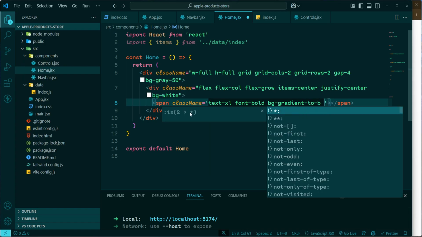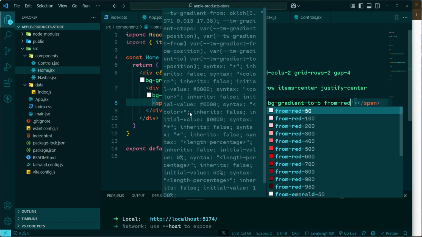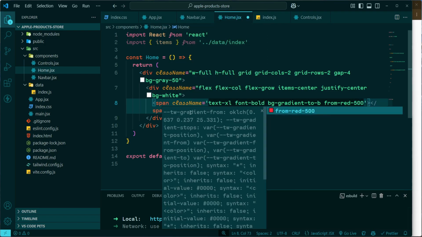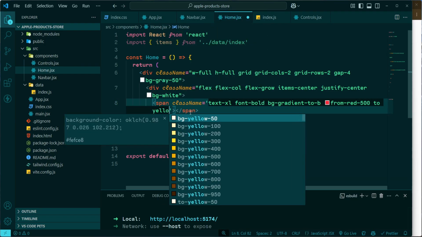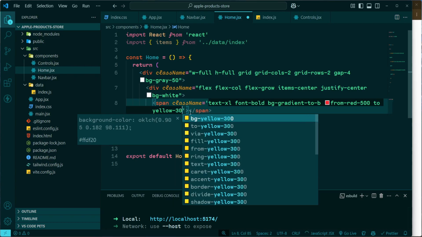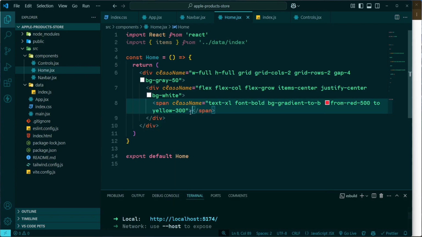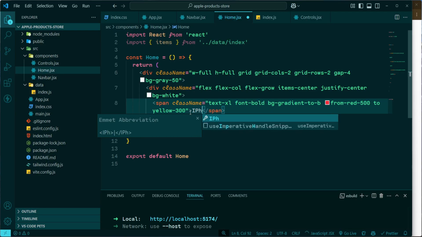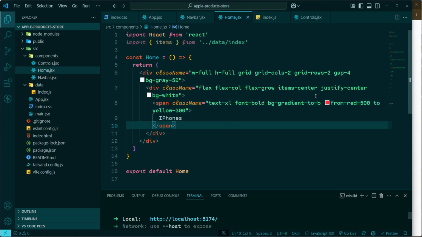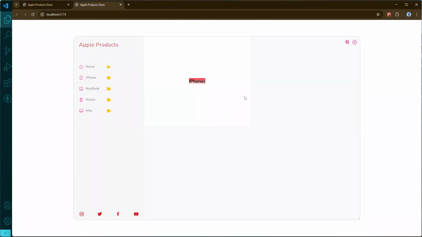Then we need the colors from red 500 to yellow 300. Now, if we add here iPhones and check the results,